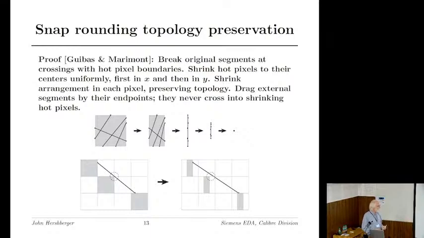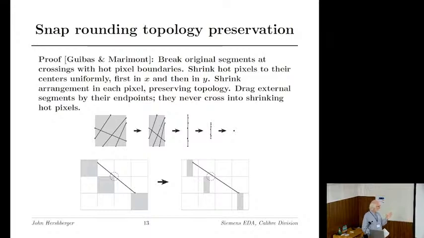And the key observation is that for topology to be invalidated, a subsegment that starts outside of the hot pixels would have to cross into a hot pixel, because inside the hot pixel is where the endpoints and the triangle vertices lie. But when the segment is being transformed,